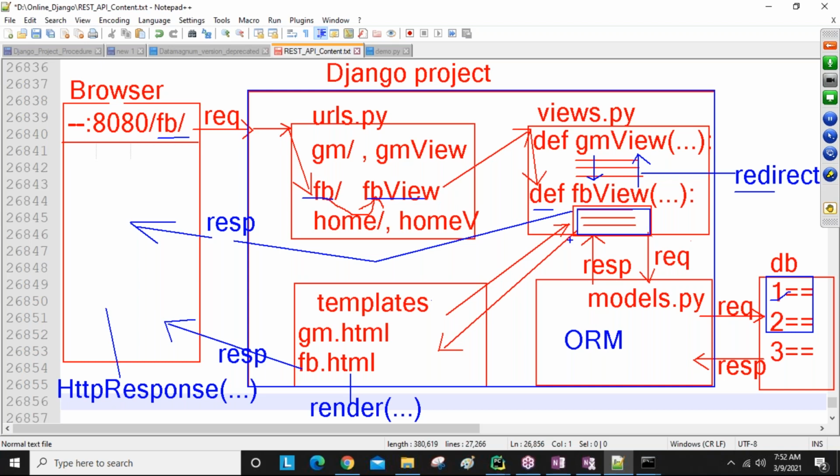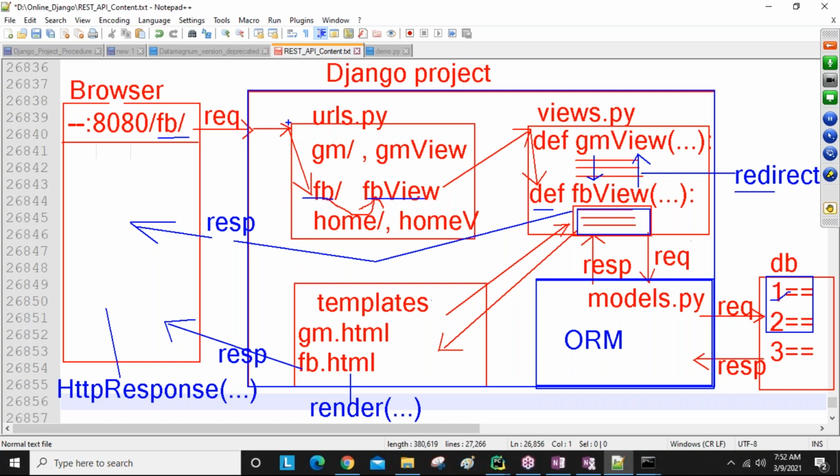MVT architecture. Guys, are you all understanding? I will share these diagrams and everything. For some days we are only discussing models, guys, while developing our coding. Only model with the database. So model to database: how it is interconnected, what third-party modules are required for database communication, and how to create tables using the models. We are discussing all these things for some days.